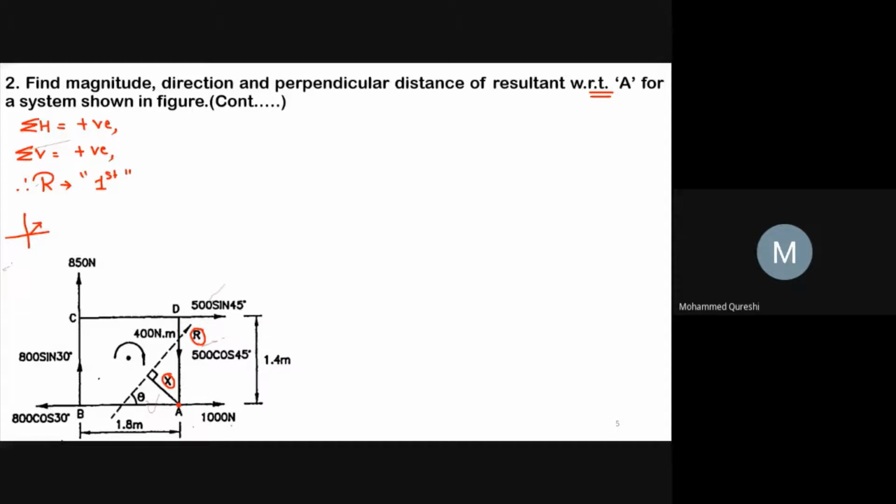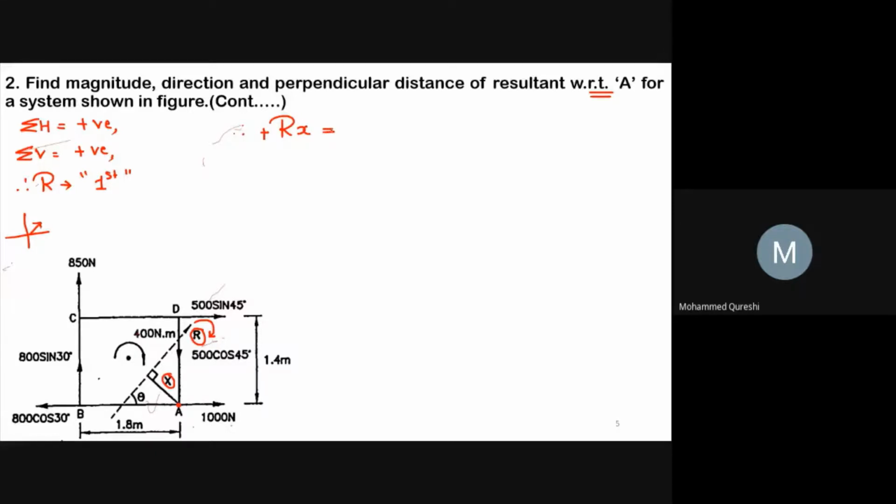So I am denoting over here. Now we had considered R as the resultant force making a perpendicular distance x from A. So R into x, this R will move towards point A in clockwise direction, hence it will be positive, equals to,